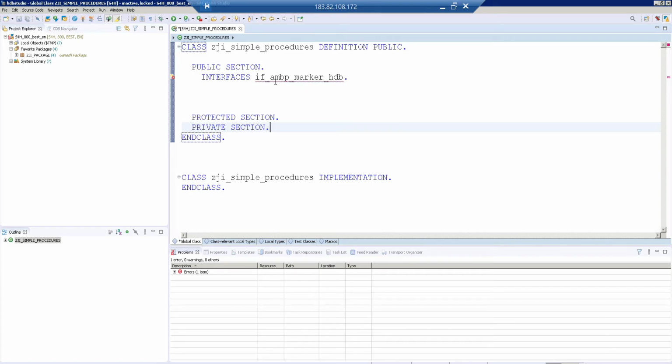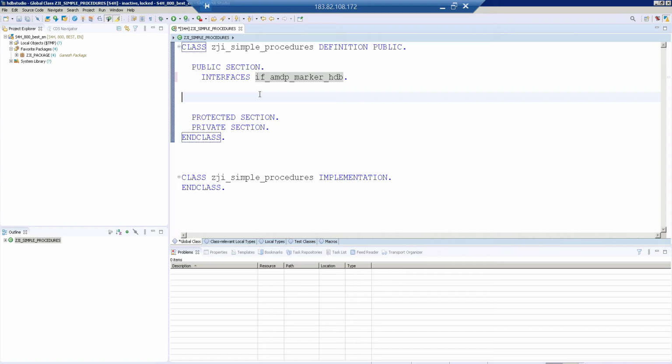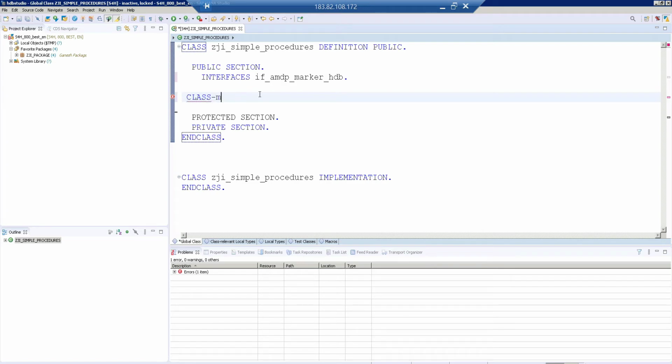Here I think there's a mistake. Let me change it, AMDP marker. So now I'm going to create two methods for the procedure. One is static, another one is instance method. Okay, so class method,